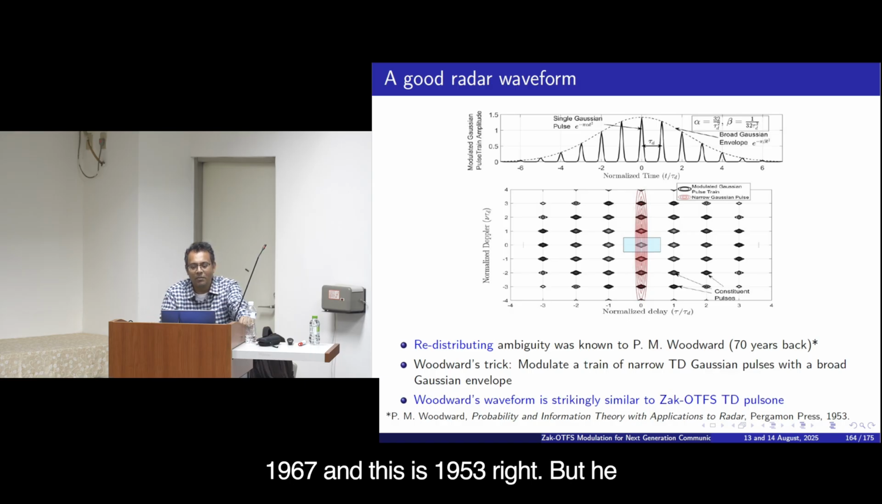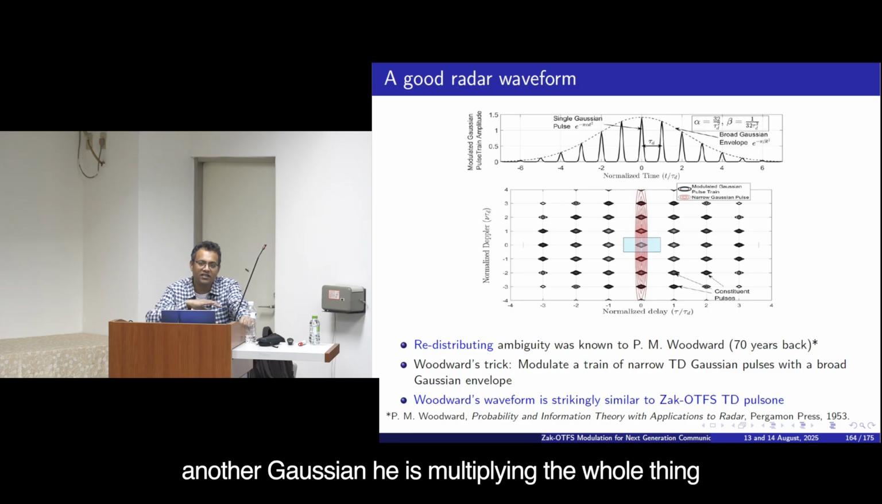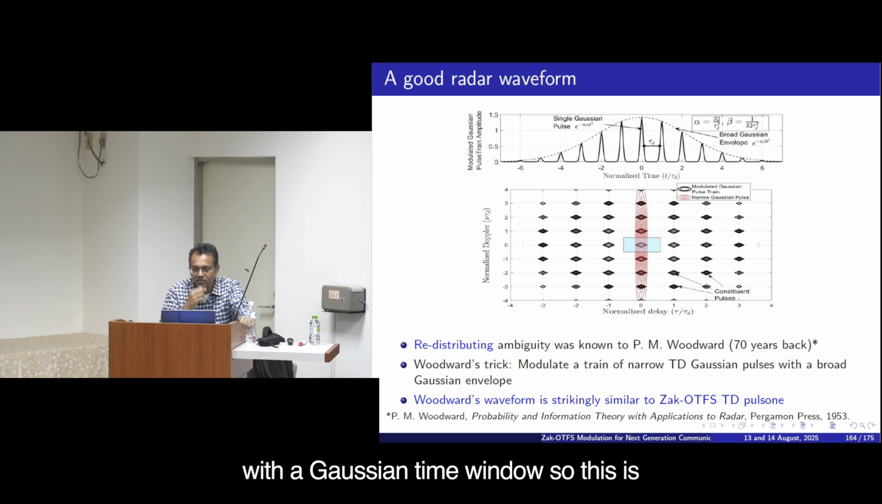But he has in this book this design where these are very narrow Gaussian pulses, okay, and they are separated by tau p. Tau p means tau d, basically in his language he is using tau d, okay, and then he is also modulating it with another Gaussian, he is multiplying the whole thing with a Gaussian time window. So, this is in the time domain, okay. And when you see the